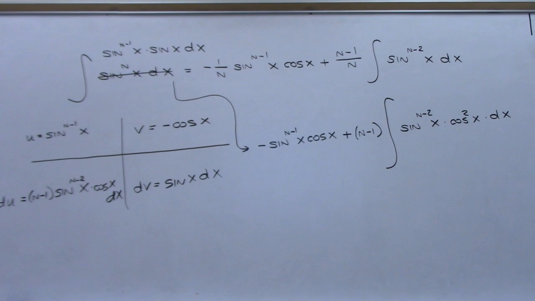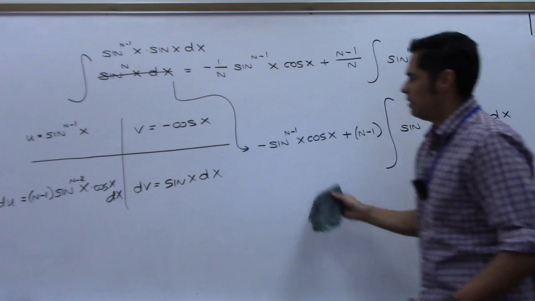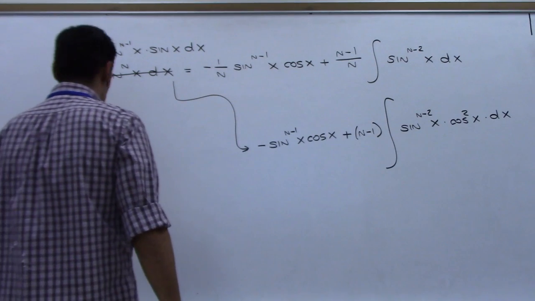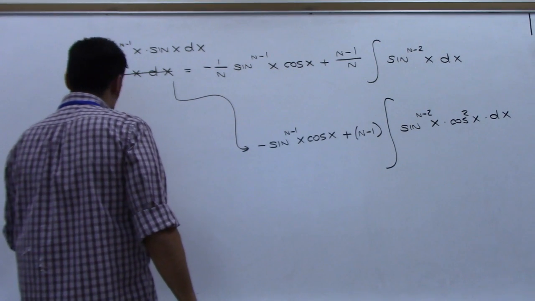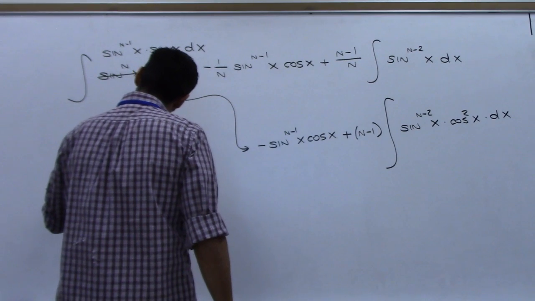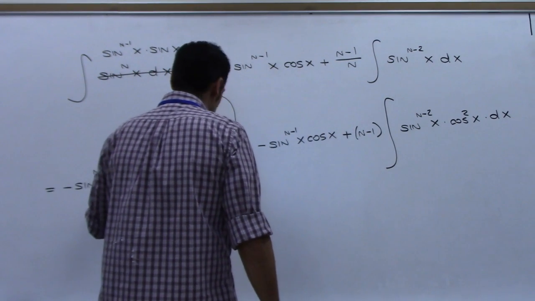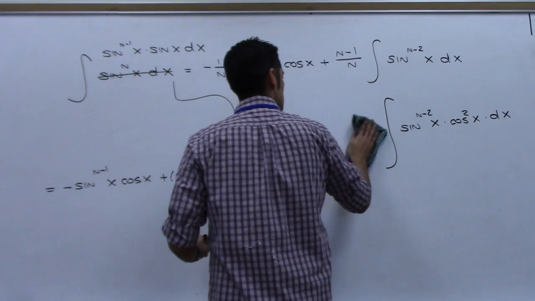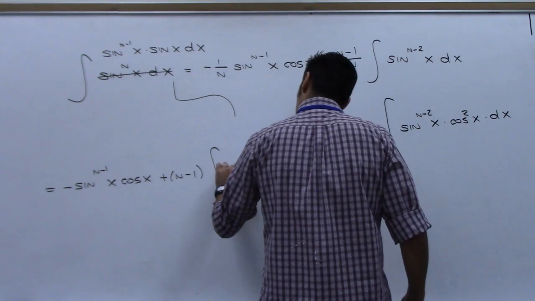Do you all have any questions on this? We're not done. Does this look like this? Kind of, but I've got this cosine squared, this one doesn't, and so I don't know. Now I'm starting to get a little concerned. Nope, nope. Watch. This equals negative sine to the n minus 1 x cosine x plus n minus 1 integral sine to the n minus